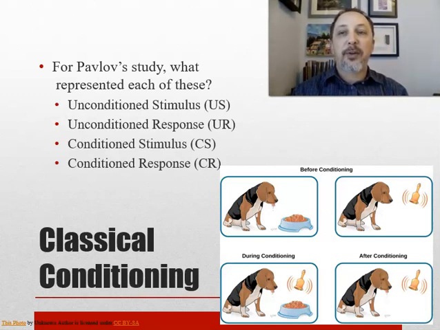Here you see you've got the dog, and when you give the dog food, the dog drools and salivates because there's food. The bell does nothing. When you give food and ring the bell, or ring the bell and immediately follow it with food, the dog will create this connection in its mind that the bell means food is coming. So this unconditioned response, this salivation due to food, gets paired to the bell. So it's part of a learning process.